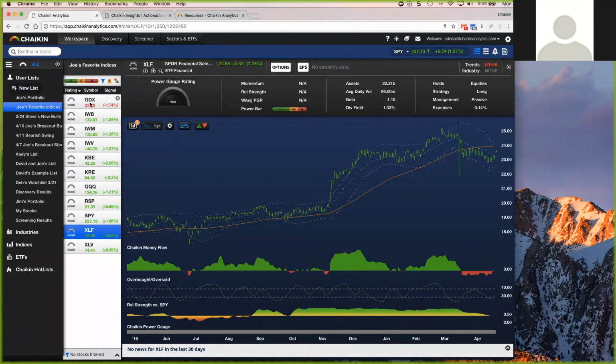If any of you are interested in precious metals, that is an example of something that you can follow closely. The TLT, if you're interested in following the bond market, also something that you can add into a list like this. These are just ones that I follow very closely. Yours may look different, it may look the same, but in any case, I would be willing to bet that almost everybody here has an interest in following these closely.